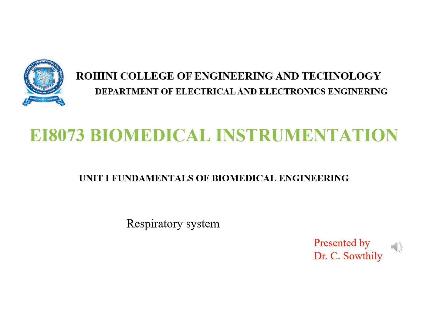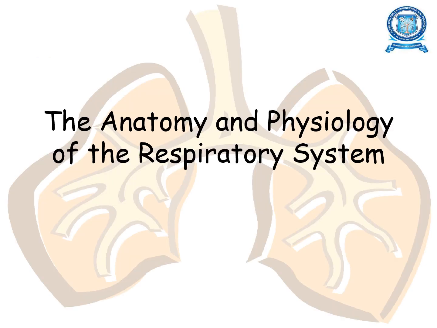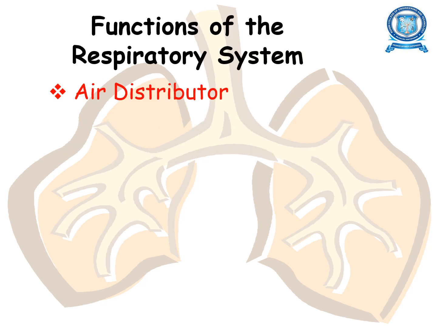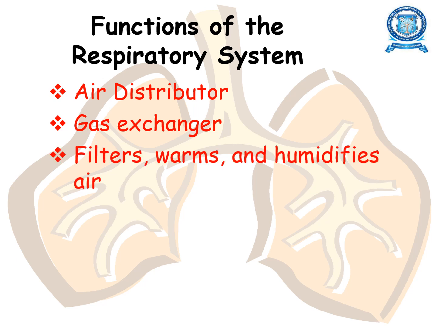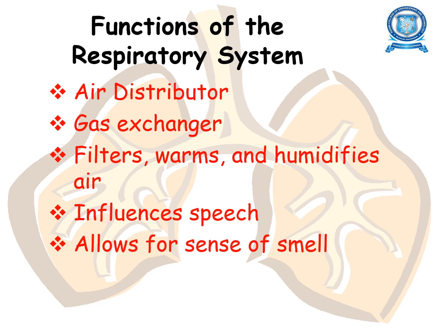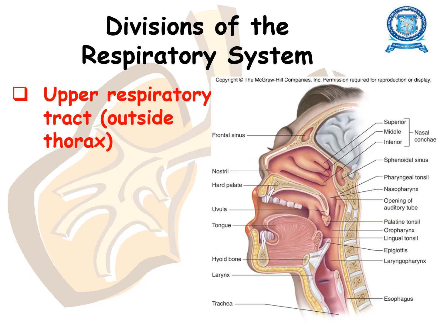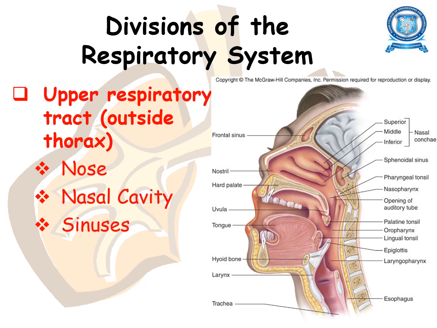So now we'll discuss the respiratory system. The anatomy and physiology of the respiratory system. Functions of the respiratory system: air distributor, gas exchange, filters, warms and humidifies air, influences speech, allows for sense of smell. The divisions of the respiratory system are the upper respiratory tract, that is outside the thorax: nose, nasal cavity,